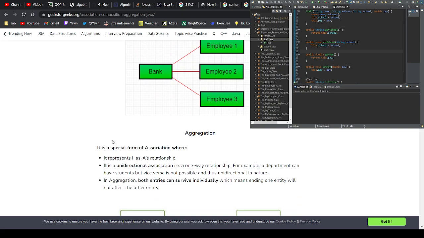Aggregation. It is a special form of association. It represents a has-a relationship. It is a unidirectional association, i.e., a one-way relationship. It means that a bank has many employees, but doesn't an employee have its own bank account? They don't have their own bank, right? They have their own bank accounts, but it's not the same thing. A bank has multiple employees, right? But employees,